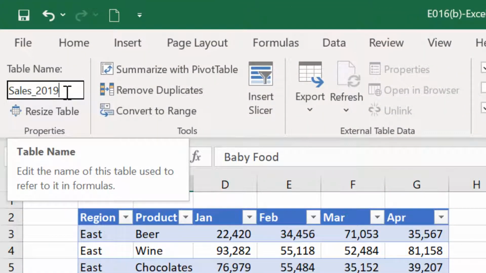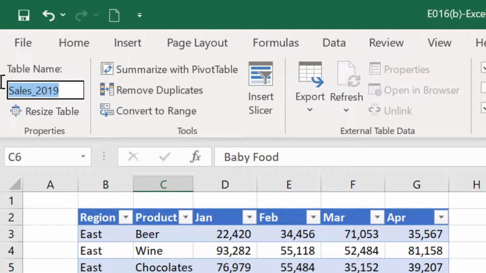Instead, you may use an underscore in between like sales underscore 2019 or even at the beginning like this. For our exercise, let us have this as sales.